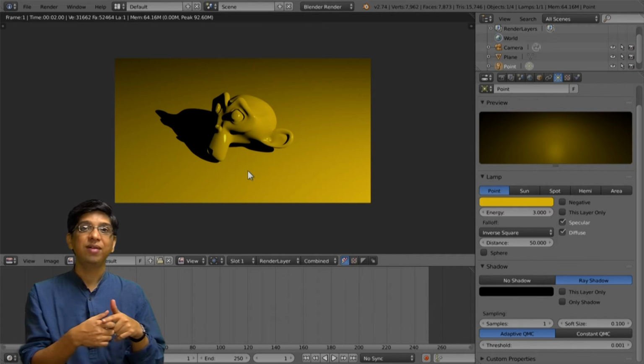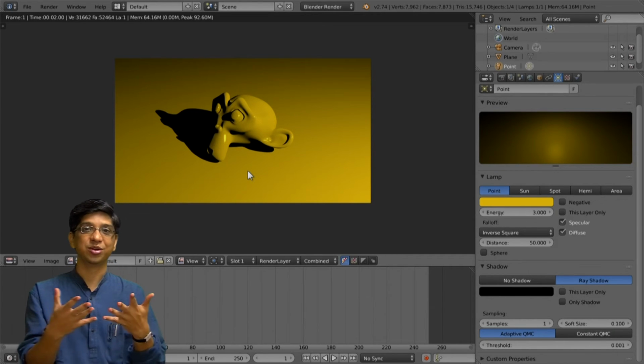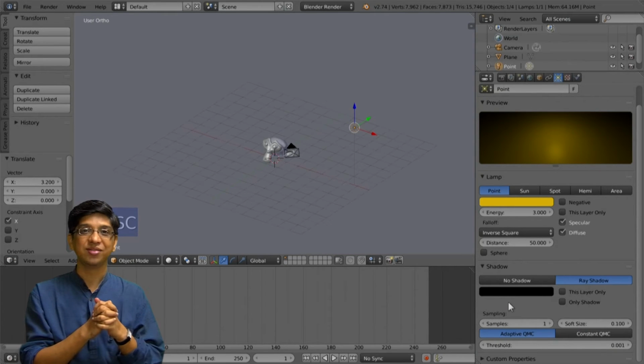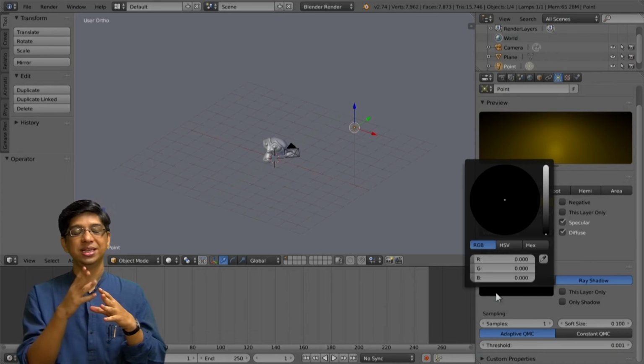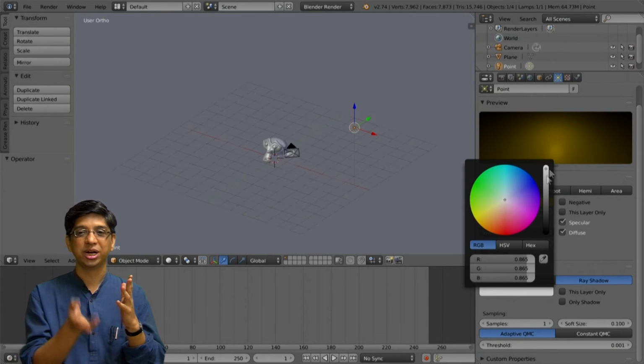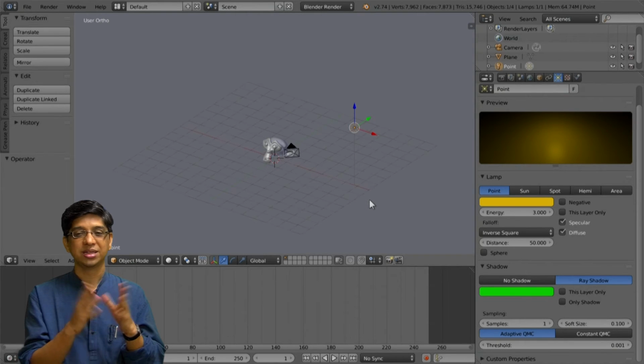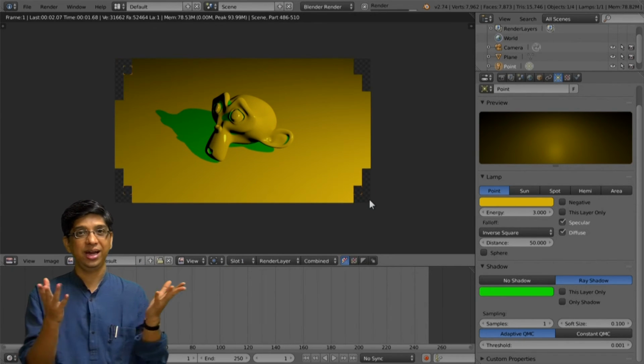Like I was telling you, you have an option to change the color of that shadow now. Let us go back and see how to do that, because that was pretty interesting when I saw it. So let me just try and ask Nitin to change the color of the shadow. If you put it on the top, you can see all the colors. Now he selects green and clicks outside, the color palette goes off, press F12, render it, and here you get it.